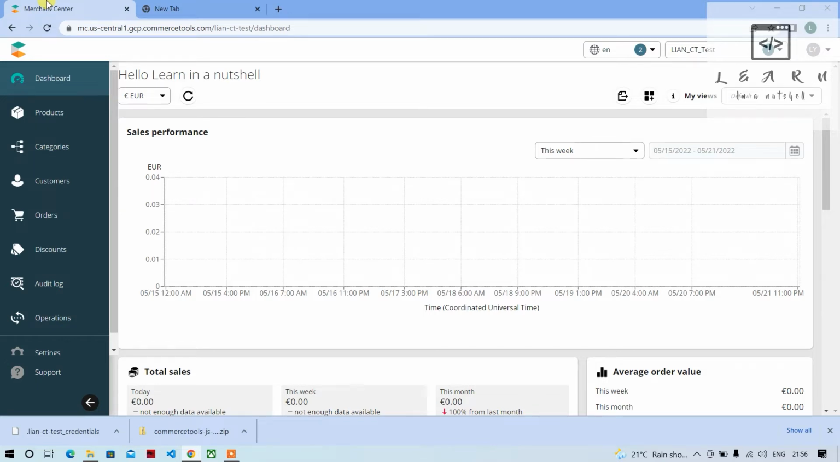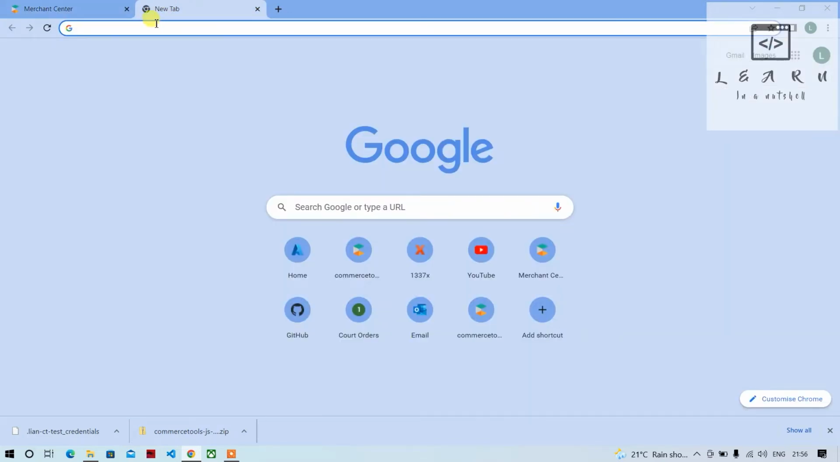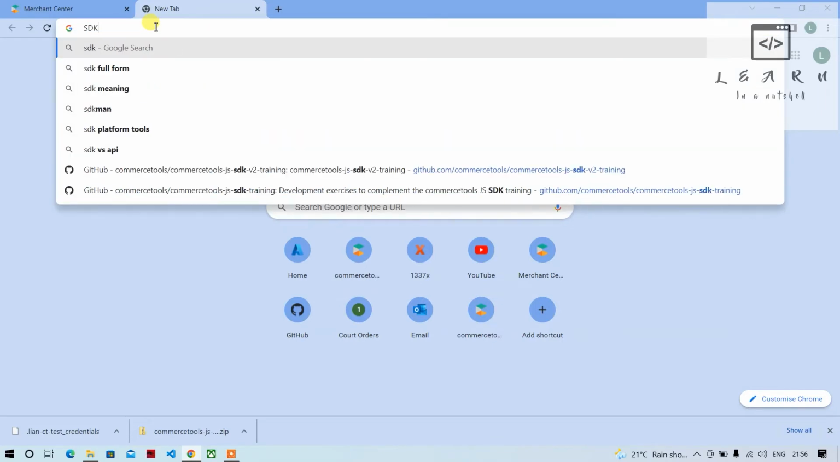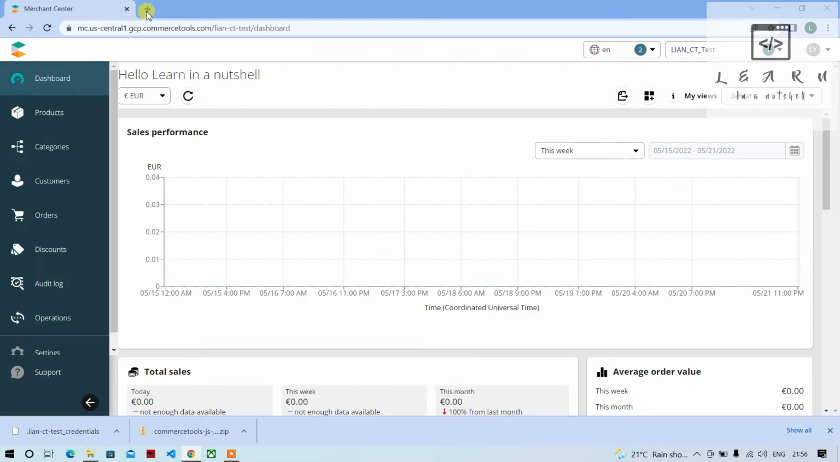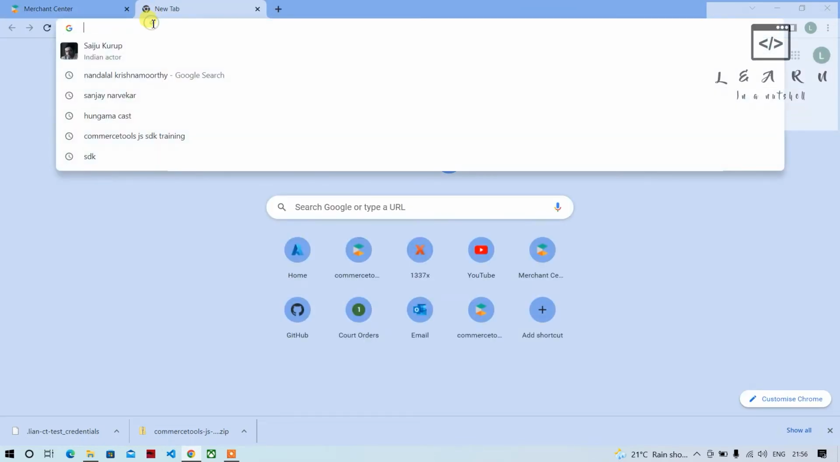the reusability will be much easier. So if you have to see what is SDK, let's see. It's a software development kit, the set of software tools and programs provided by hardware and software vendors that developers can use to build application for specific platforms. So the same. So next thing what we will be using is Commerce Tool has